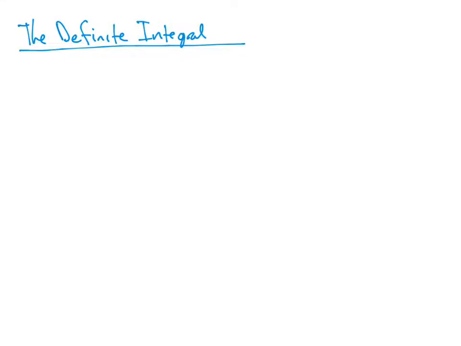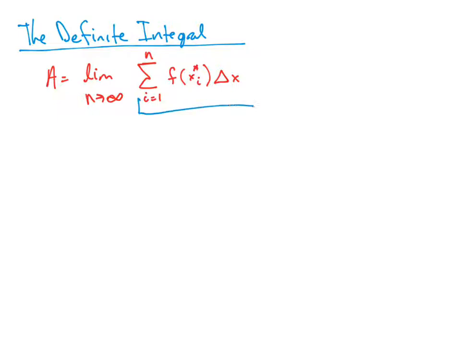In this video, we'll be talking about the definite integral. So in a previous video, we showed that if we took the limit of this Riemann sum, that would give us the area under a curve. So this, or I should say, this was a Riemann sum. And by taking the limit, this gave us the area under the curve